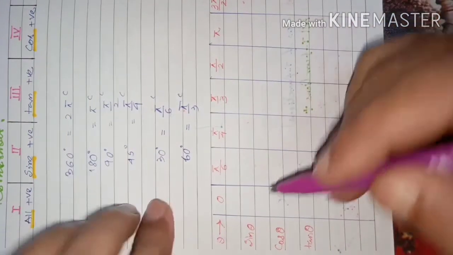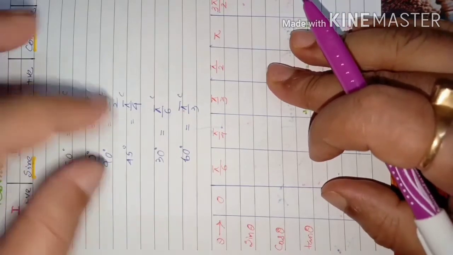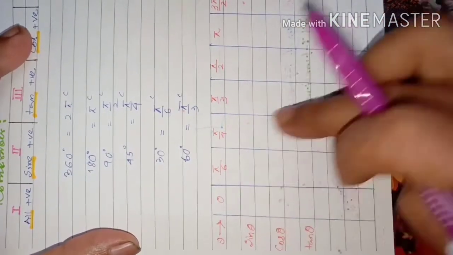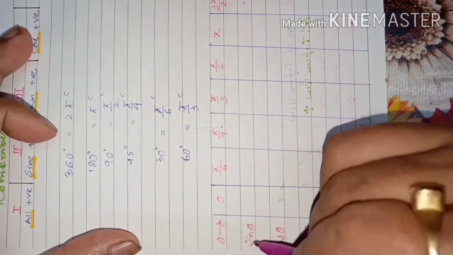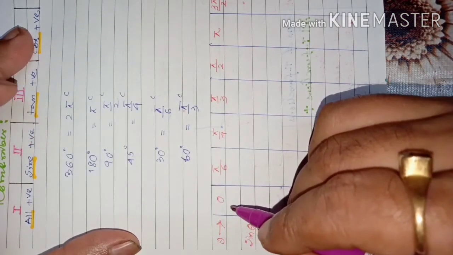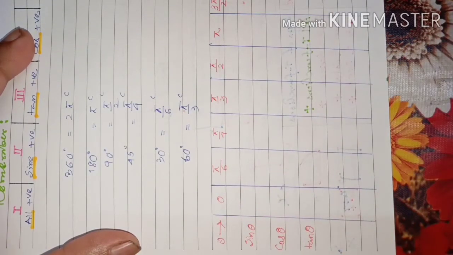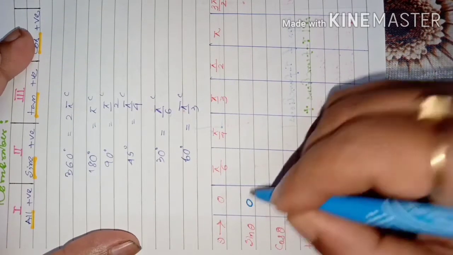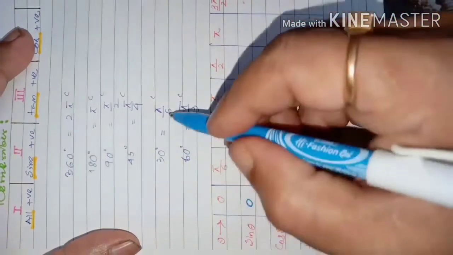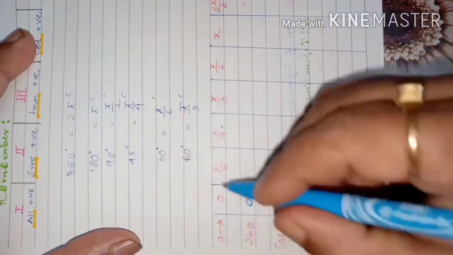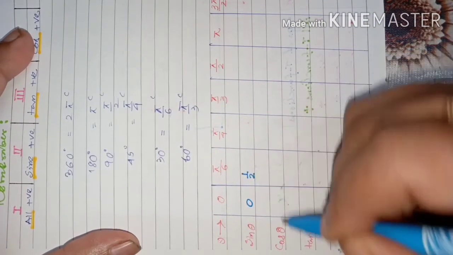So dear students, I am going to fill up this table. You have the previous knowledge of filling up this trigonometric table, which you learned in class 10. Sine of 0 degree was 0, sine of 0 radian also is 0. So it will be 0. Sine of pi by 6. Pi by 6 means what? You know, pi by 6 is 30. Sine 30 is what? 1 by 2. So sine pi by 6 also will be 1 by 2.